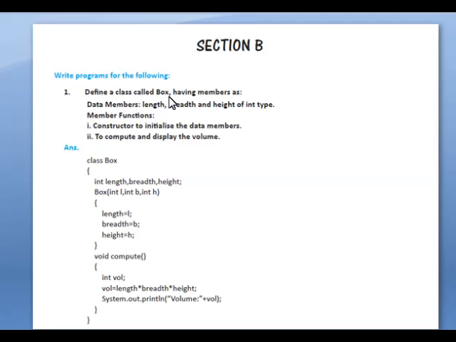One advantage here is they will give all the details about the program. We only have to see the details and write the program. So the class name is already given. What are the members? Members means the variables we are using inside the program, they have already given. And member functions, the functions we are using inside the program, are also given. So the class name is box